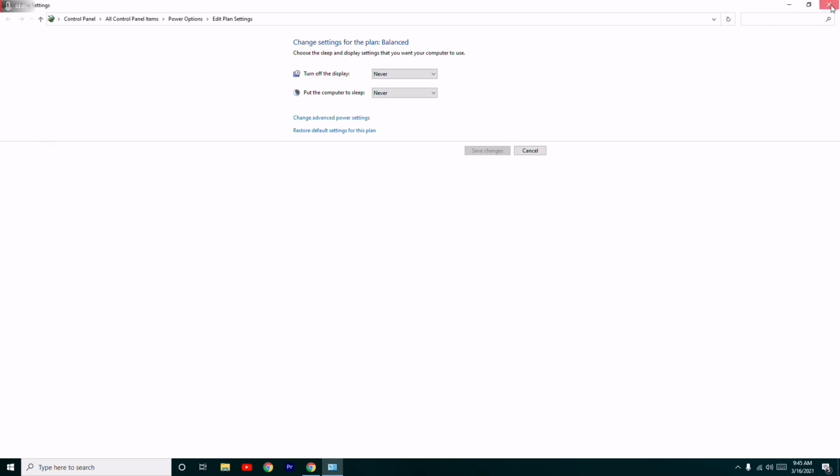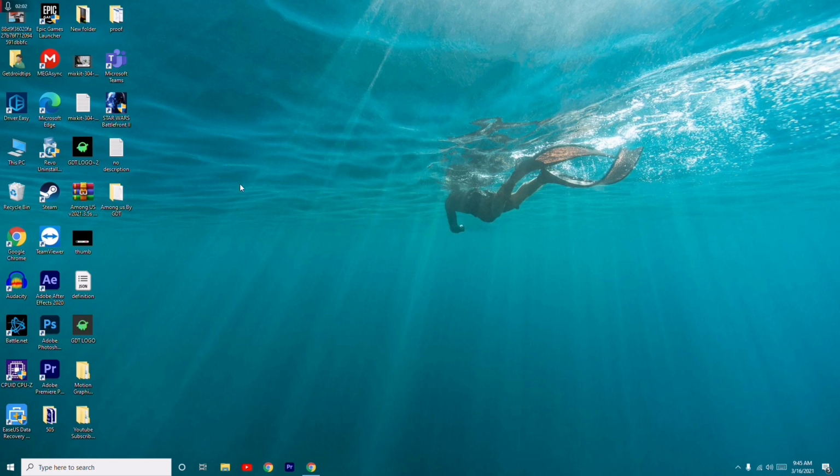Once you've tried this, just restart your PC and also connect your external hard drive back to it once again, so most probably the issue will be fixed. If it's not fixing,